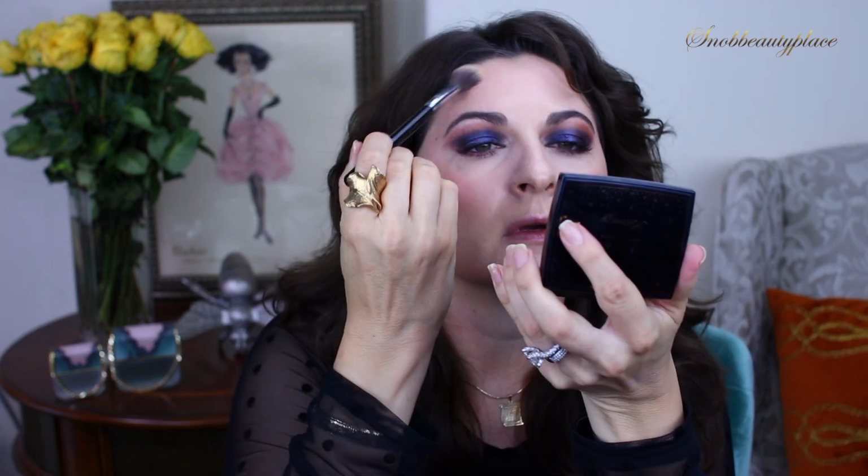I'm gonna get this Amrezi highlighter by Anastasia Beverly Hills. This is my Sigma brush, and I'm just gonna apply on my Cupid's bow, my nose, high points of my face, like this, like this. And the last thing, I don't know why I like to do it last,